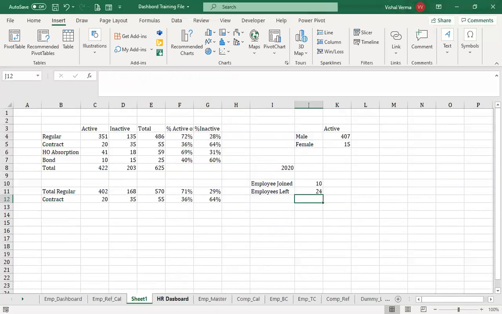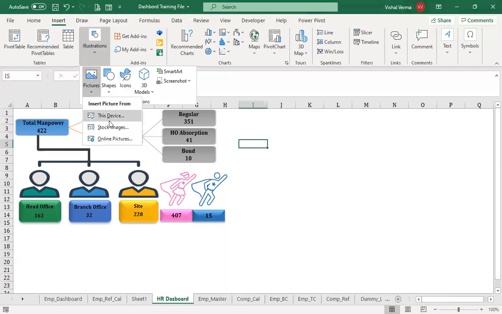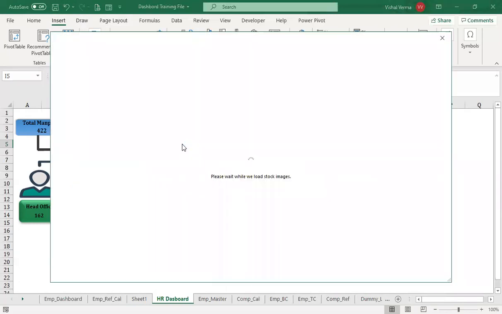Now let's go to our HR dashboard and insert some pictures, or let's see if we have something. Documents.